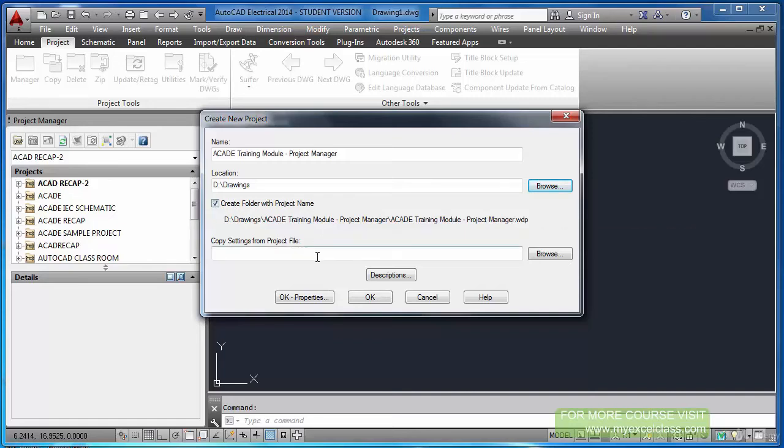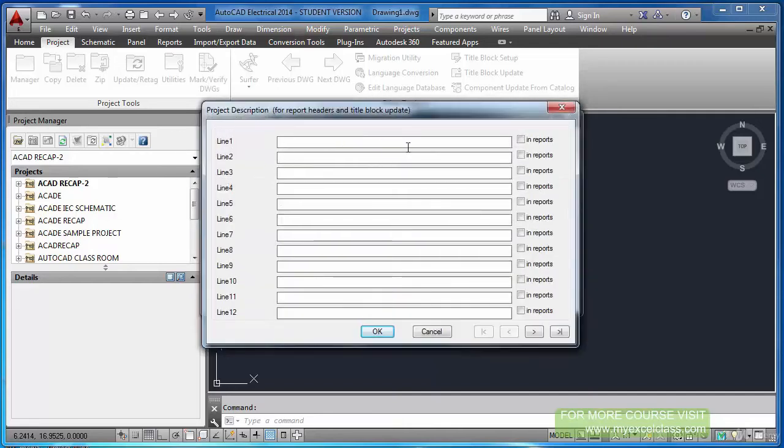And this one, copy settings from project file. If you completed a project in the past, and you want to copy the settings from that particular project, you can use this. Browse, go there, and copy that file from there. But I'm not going to do that now. Descriptions, here you will find many lines, line 1, line 2, line 3.